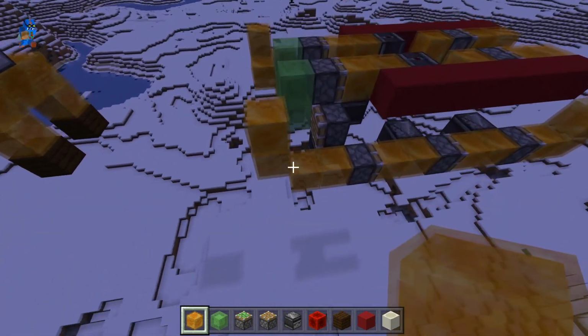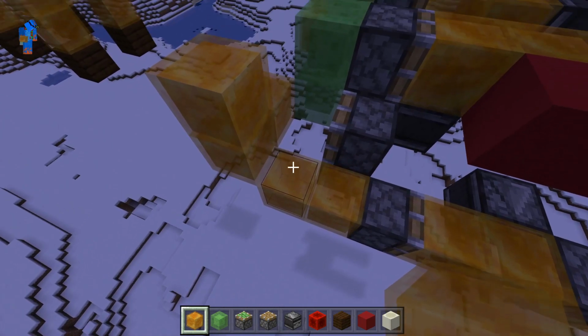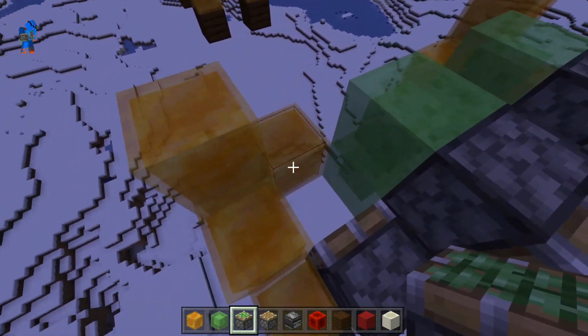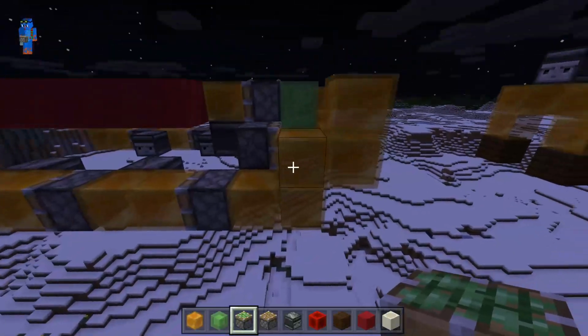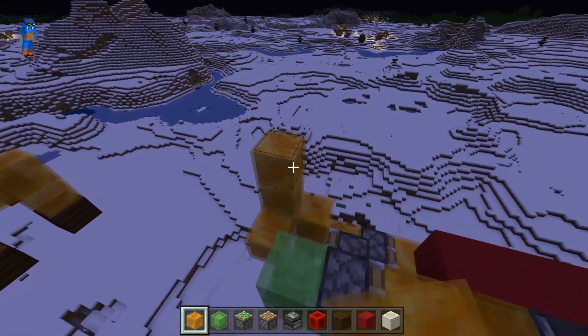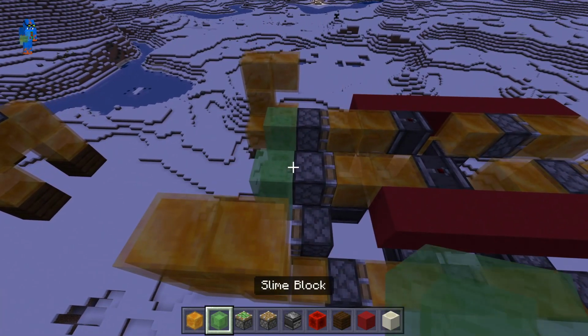Just a reminder, it seems that at some point I accidentally broke a honey block that needed to go here, so just double check that you do have a honey block that connects these 2 parts on both sides of the front. Okay, grab your honey and place down 2 honey blocks going backwards just like this,